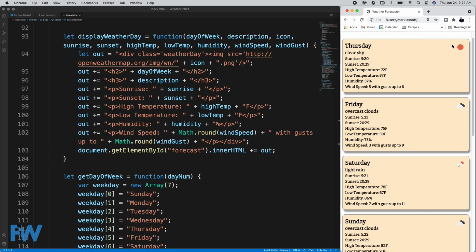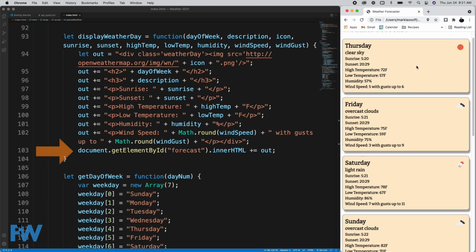We then put in the day of the week in an H2, the description in an H3, the sunrise, sunset, high temperature, humidity, etc. The only conversion I'm making here is I'm rounding off the wind speed and the wind gust to display it in whole numbers. But that's what gives us our HTML.